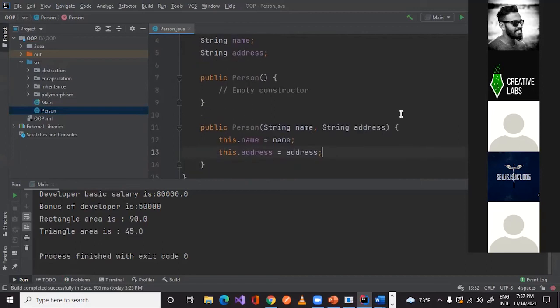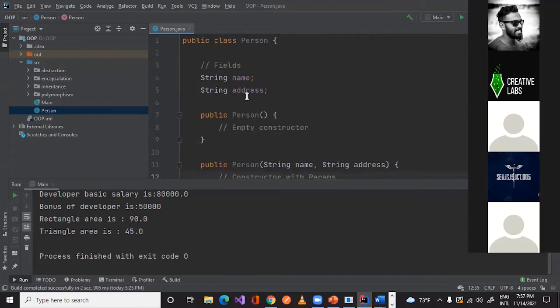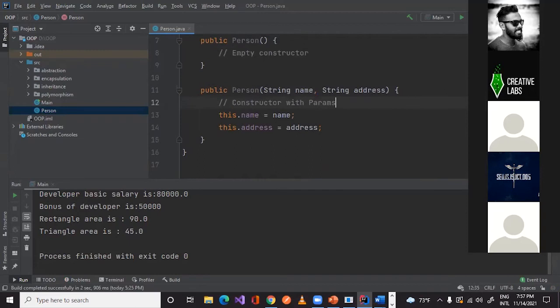This is called an empty constructor, and this is a parameterized constructor. This is basically how we declare a class in Java.